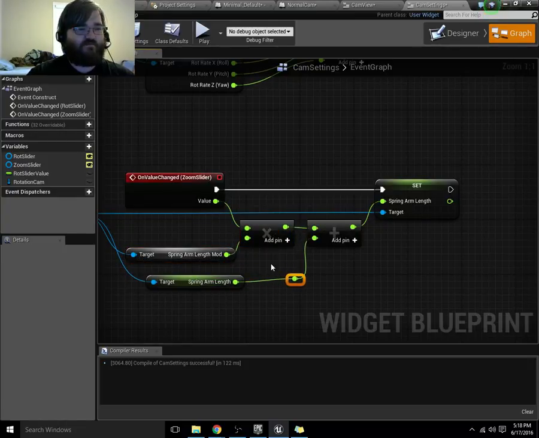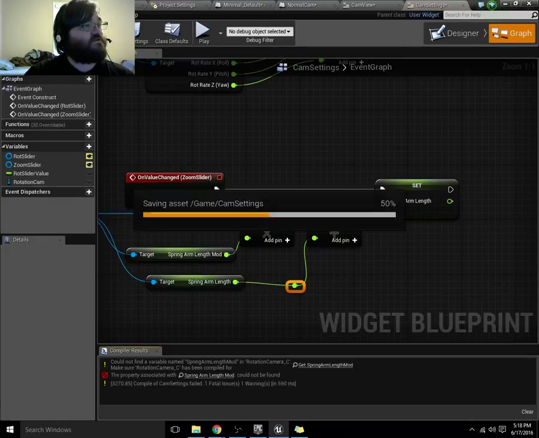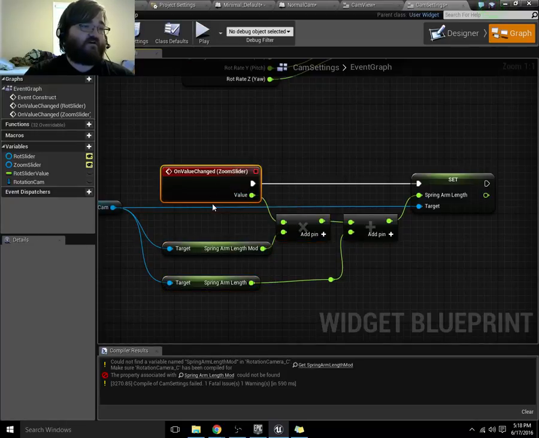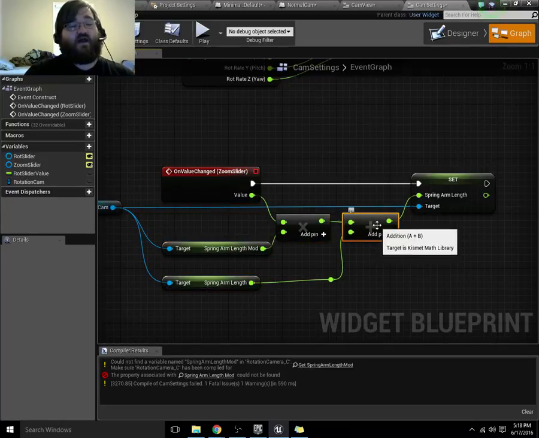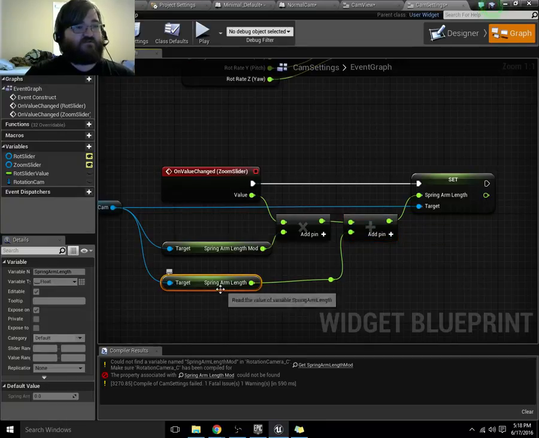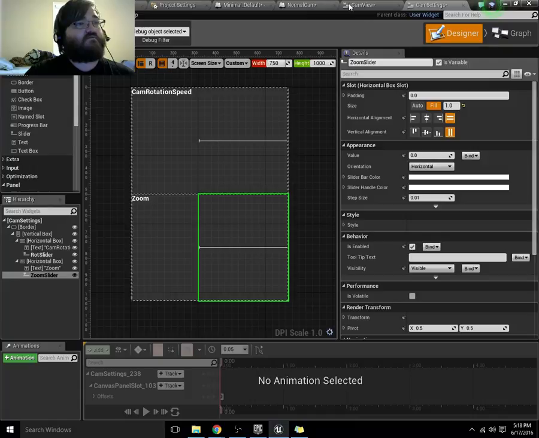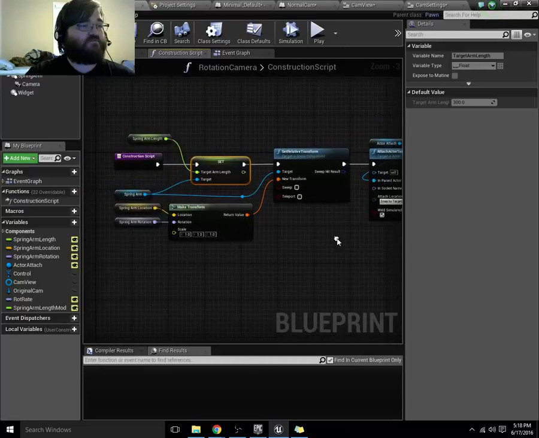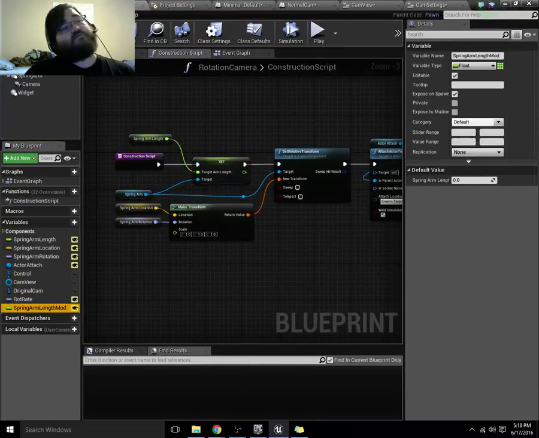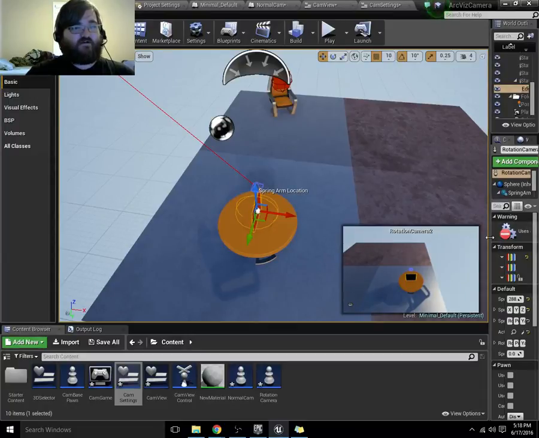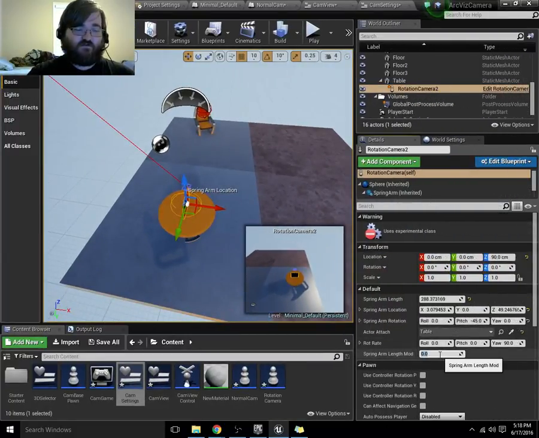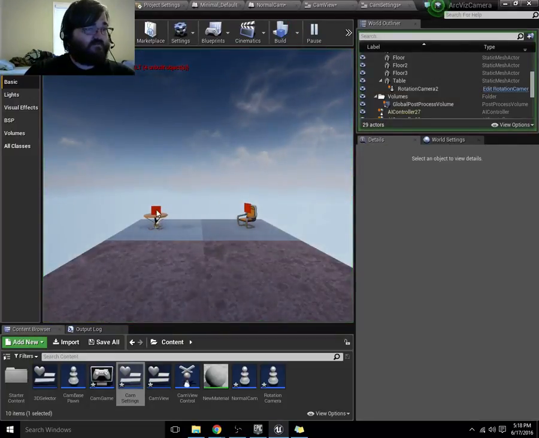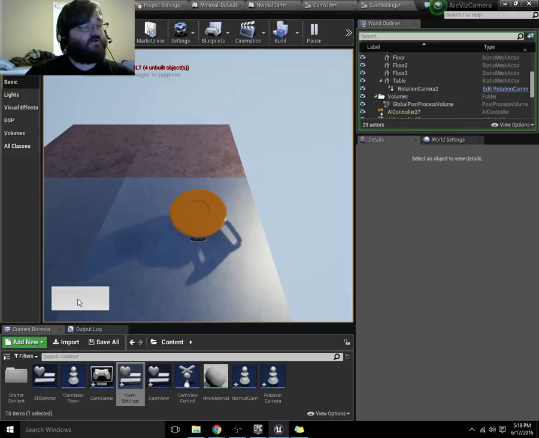Let's see. Boop, boop, boop. Okay. So this should take whatever we set the spring arm length modifier to, multiply it by the value on our zoom slider, and then add that to the spring arm length. Now, we just need to choose a value for our spring arm length modifier, which we can now set individually. Let's give it a fairly large number. So now, let's say we select this. We go, okay, well,